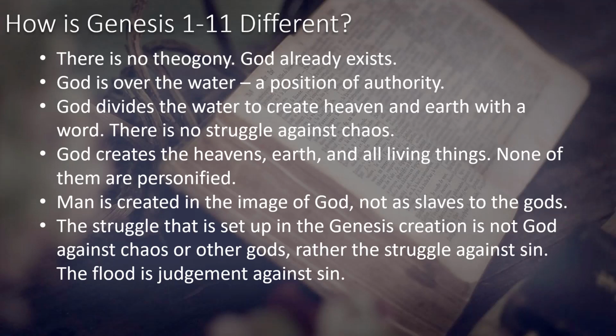And lastly, the struggle in these opening accounts in Genesis is really not God against chaos, as we've already mentioned, or God against other gods. The struggle that's introduced is a struggle against sin. And what we see is not an explanation of how the world came to be as a struggle of gods and you have hero gods. Rather, you see the opening chapters of Genesis really explain the struggle against sin and the origins of sin in